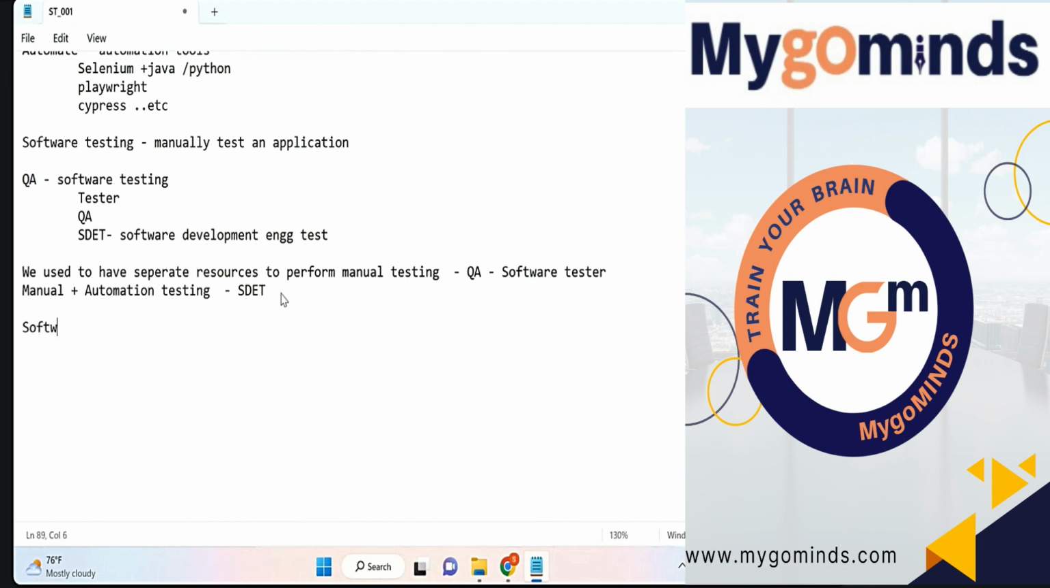And as I said, as a first step, if I want to learn software testing, you need to understand how you are going to perform software testing manually. If I need to perform software testing manually, first you need to understand a little bit about the processes and the methodologies that are followed in your development,